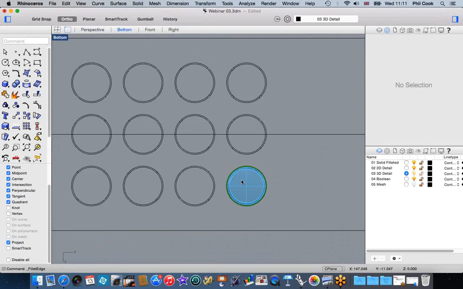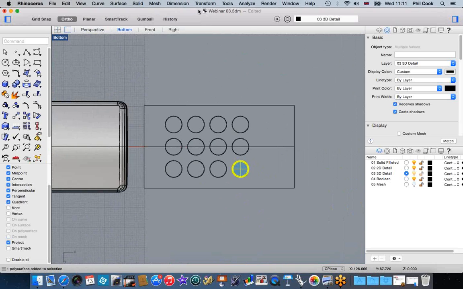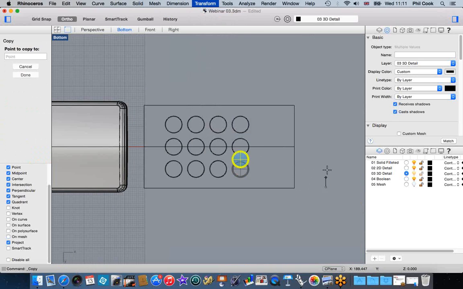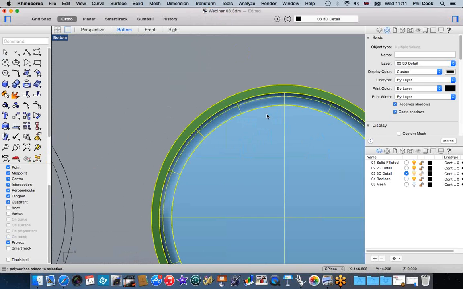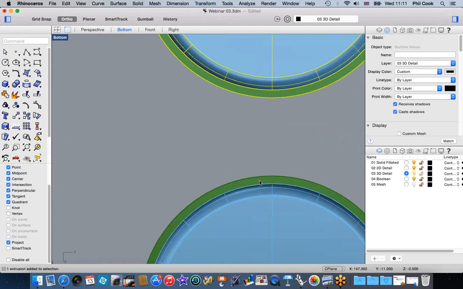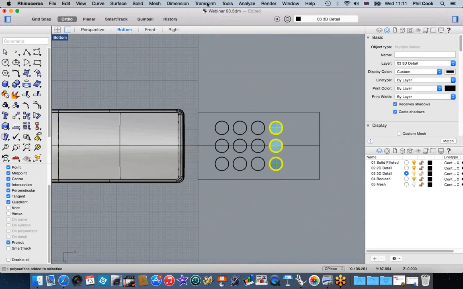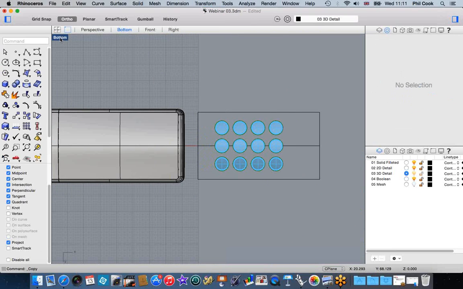So now in my bottom view I can pick my solids and copy these out, and again let's pick all these and copy them out. So use a distance of 11 again, and then use these options: from last point, use last distance, last direction. Okay, and we've got our